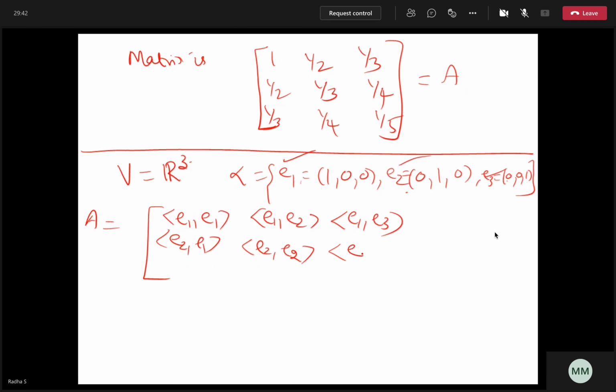Ma'am, I have a doubt. Like in the previous question, the inner product was represented in terms of that continuous function. That is why we are taking there the standard basis as 1, x and x squared, no? Beta, because there what is the vector space? The vector space was P2 of R. So the standard basis was 1, x, x squared. But here the vector space is R cube, so the basis is E1, E2, E3. If you don't like E1, E2, E3, you can even call them V1, V2, V3.